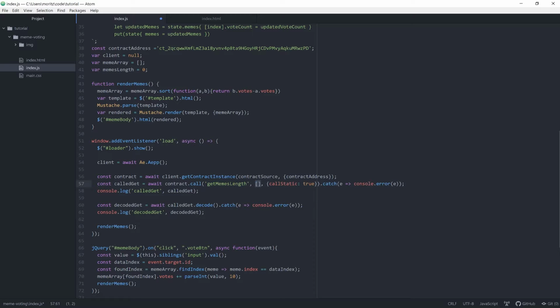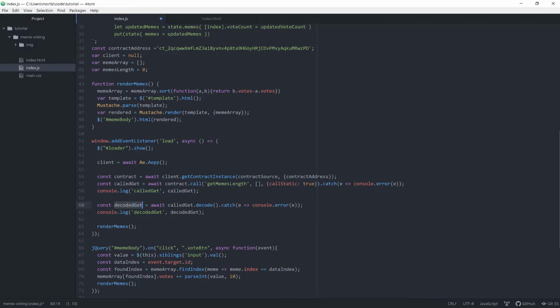Right now we want to read from the blockchain and not write to it, so we can set callStatic true. I hope you remember static function calls from our Sophia contract tutorial. If we catch any errors, we will display them in the console. You could add a functionality to display them to the user too. We will also display called get in our console, but this will be very cryptic since the code needs to be decoded.